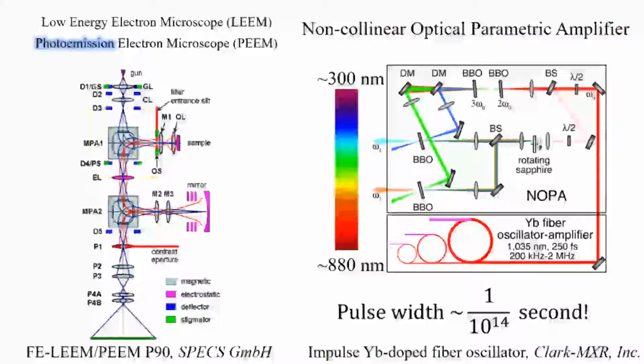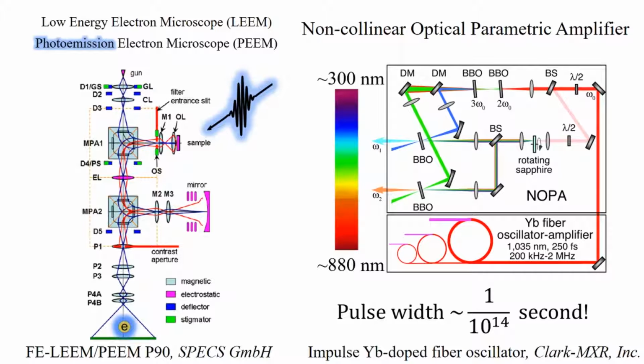In the LEEM mode, the reflected electrons from the sample form an image of the surface topography, while in PEEM mode, photoelectrons generated by ultrashort pulses form an image of the surface polarization field. The excitation light pulses are as short as 15 femtoseconds, which allows us to observe electron dynamics on the femtosecond